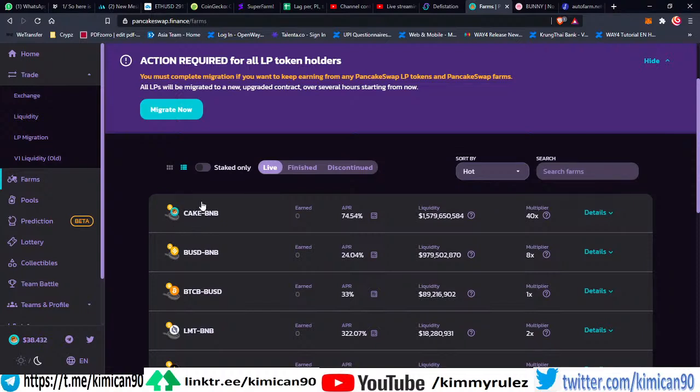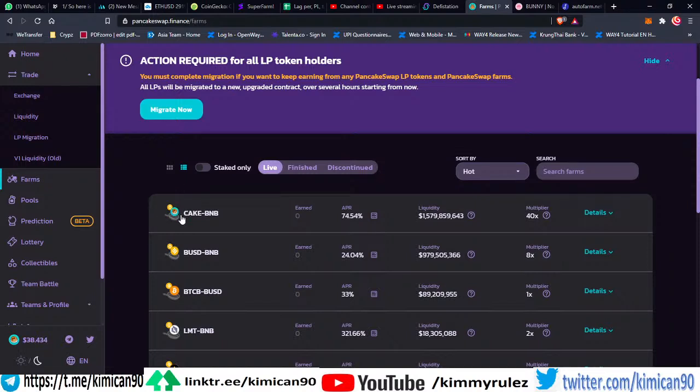However, for people who put the money in a dual farm, a dual crypto farm like this, there is a risk for something called impairment loss. So what's impairment loss? In a very layman nutshell, it's kind of like a volatility risk. Let me give you an example. If cake tokens go up in price, but BNB token reduce in price,